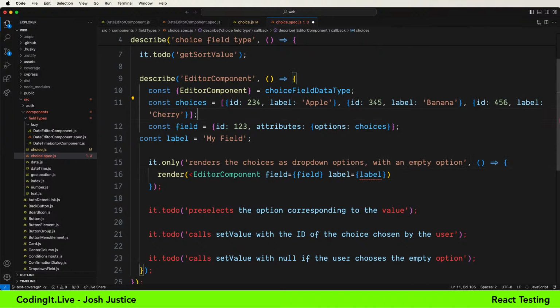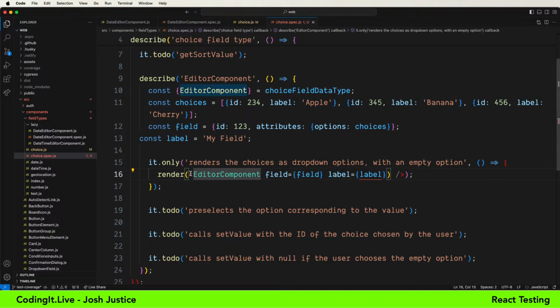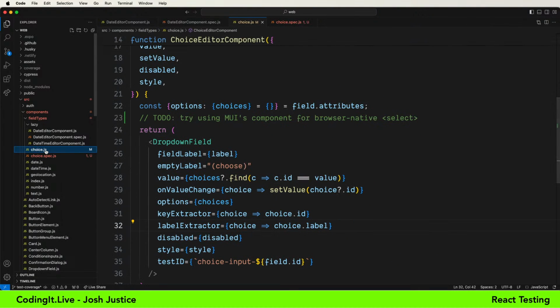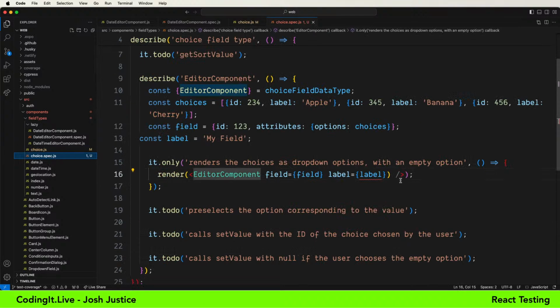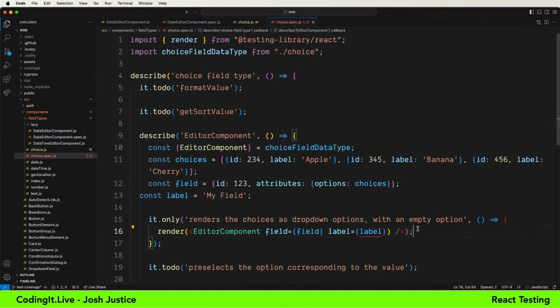What's going on here? Oh, getting a syntax error just from having incomplete syntax here. What have I done? Oh, I ran across this recently with bad error outputs. So this is not JSX. Even though choice is JS, that's right. On my client projects, we use the JSX extension for everything that has JSX, but here we do not. So that might not be what's going wrong. Yeah, that wouldn't be because I have JSX in here. All right, let's slow down and find out what's happening here. Label, unexpected token. Const label equals my field.